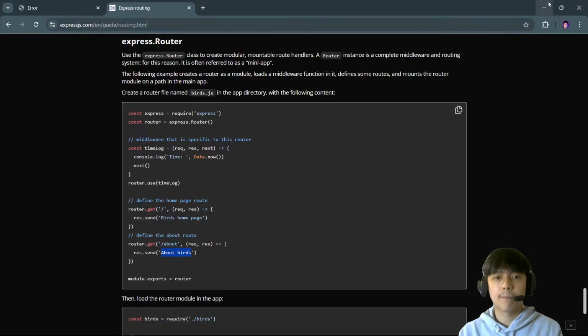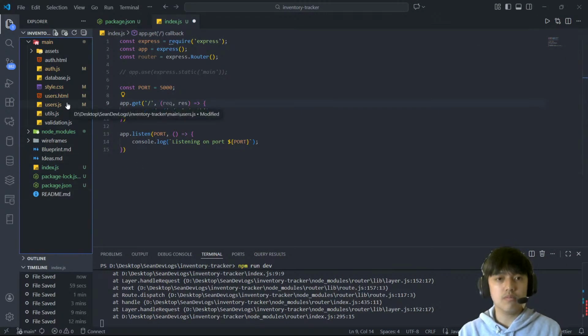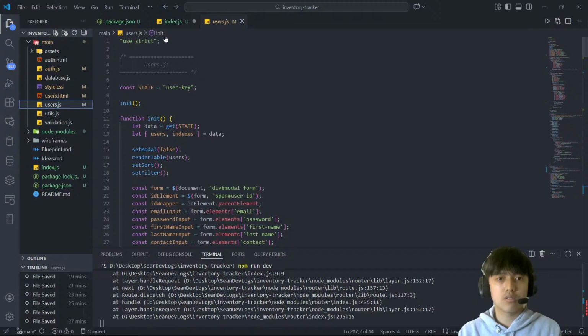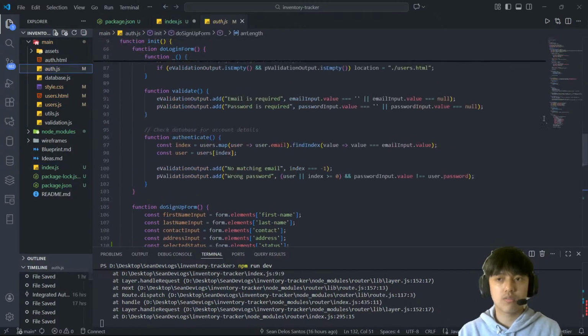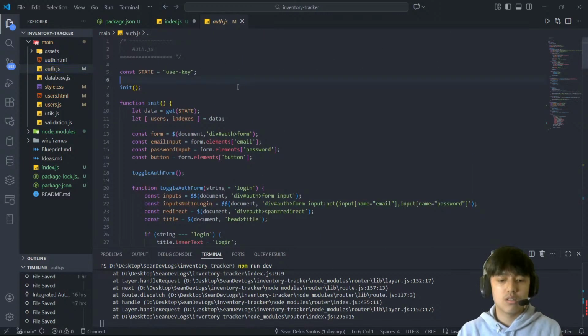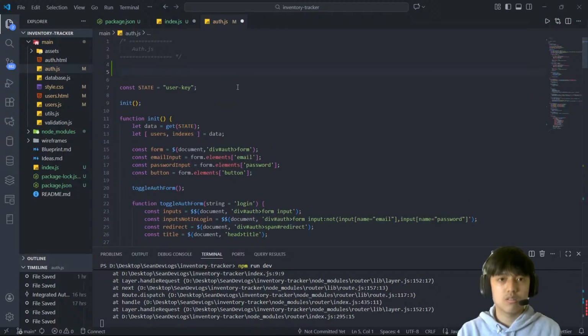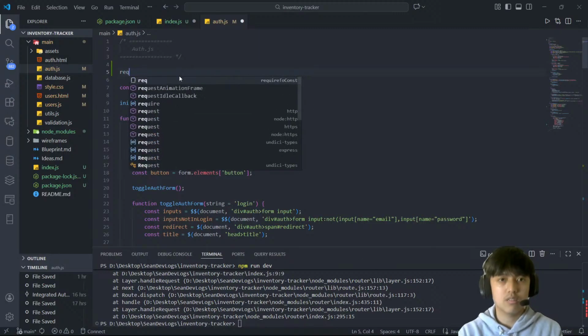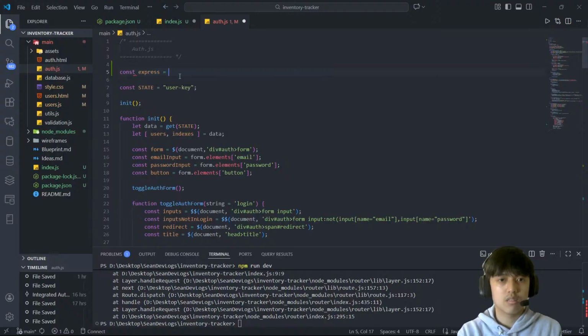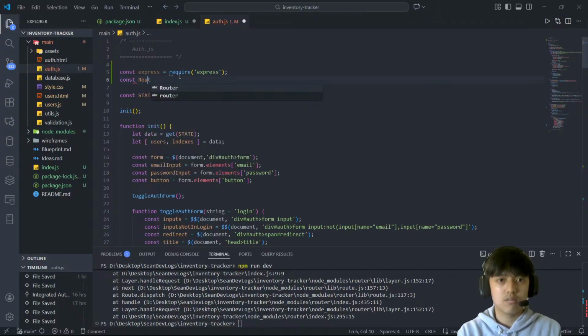Okay, so for the users, oh no, the authentication first. For the authentication, we need require. I need to add express here first. Express, then root router express.router